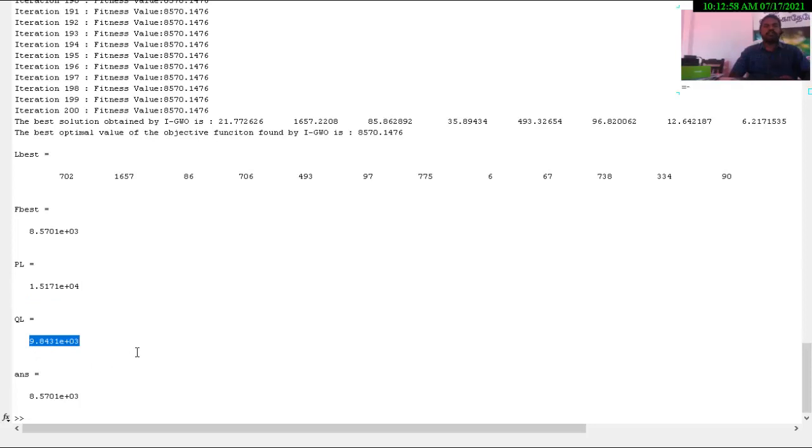This is the way we connect any optimization technique to your OpenDSS. We mainly need to know two things. First, how to create your OpenDSS files based on your requirements. Second, the same case is created in our fitness function with the help of text commands and their solution procedures.